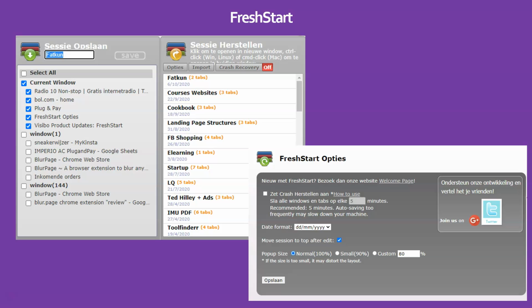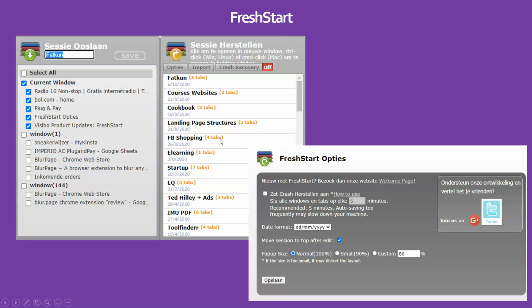And what you see is if you click on the extension, at the right-hand side, you see all my stored groups. And on the left-hand side, you see all my currently open windows. So if I would like to save some of the tabs to a new group, I just check the ones that I want and give it a name and save it, and this would then end up in this list at the right